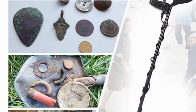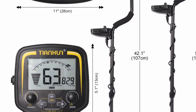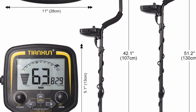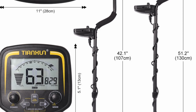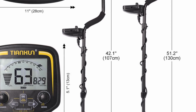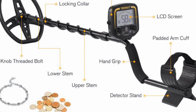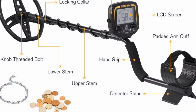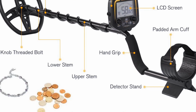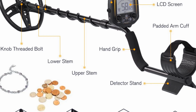Designed for comfort and ease of use, the TEX 850 features an adjustable height extension aluminum tube, ranging from 107 to 130 centimeters. This allows you to find the most comfortable position while detecting, reducing strain and fatigue during extended search sessions. The package list for the TEX 850 offers you 6 items to choose from, ensuring that you